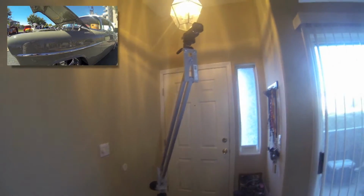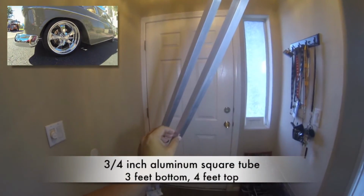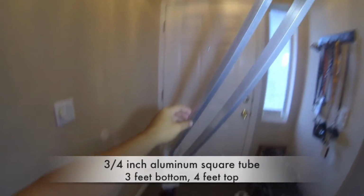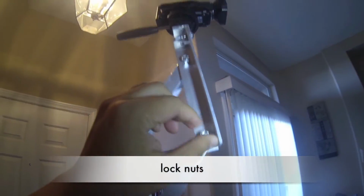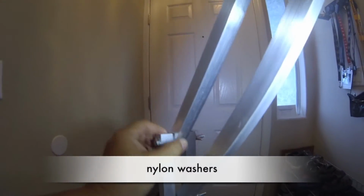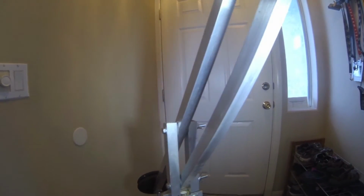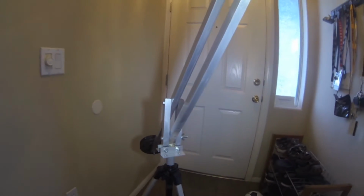And real quick, it's pretty simple. It's just 3/4 inch aluminum tubing. This is a 3-foot length here on the bottom, and then a 4-foot length on the top. And then I have some angles right here that I cut with a hacksaw. And as you can see, I use lock nuts on everything so they don't come off. And then I also use nylon washers to make the interfacing metal parts move smoothly, so there's no creaking or